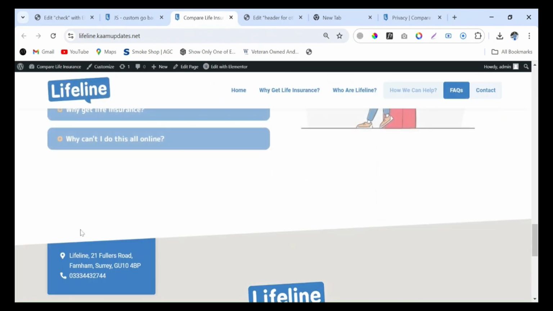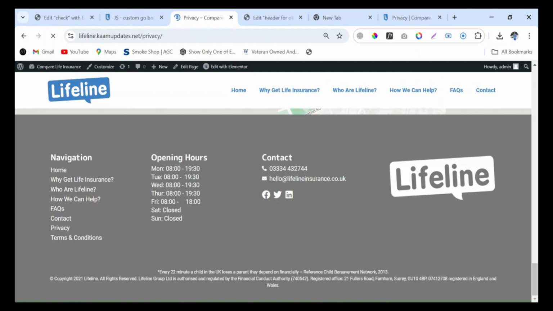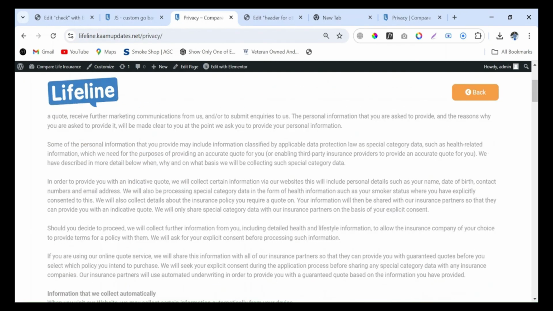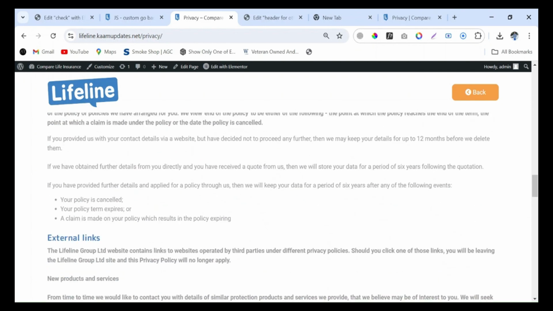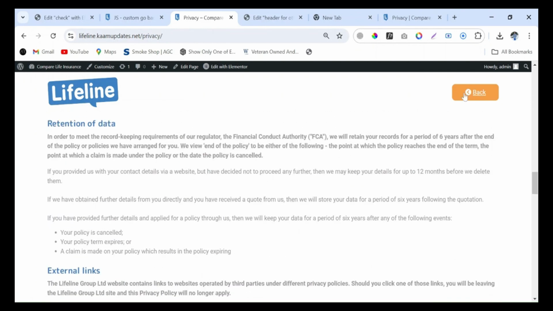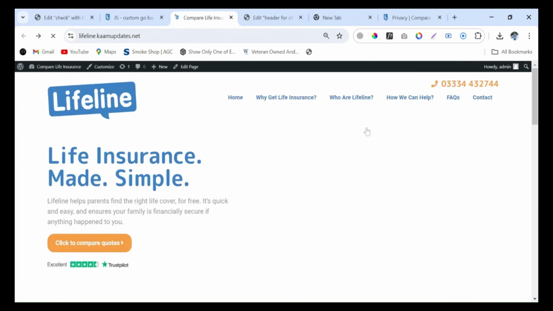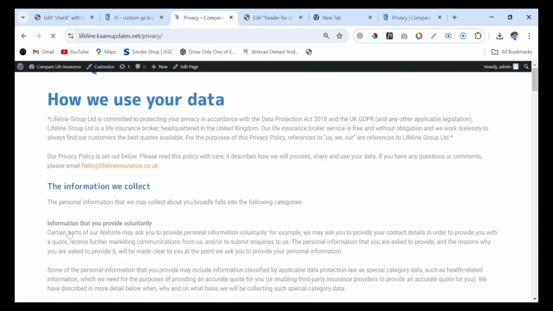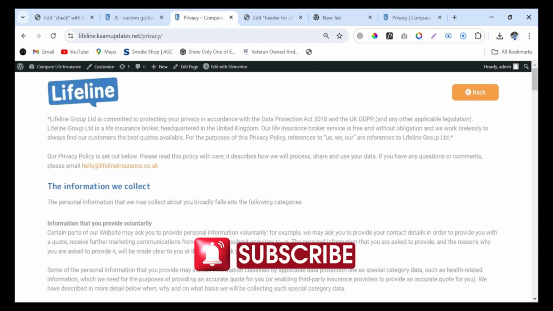Just go down and click on the privacy button. Here is the back option. Just click on this and you will go to the previous page. Again I am testing this. First of all, go to the privacy page because the header which I just changed is on the privacy page.